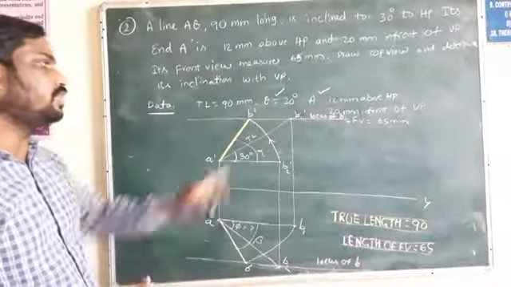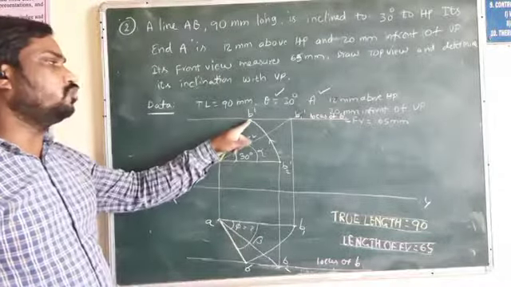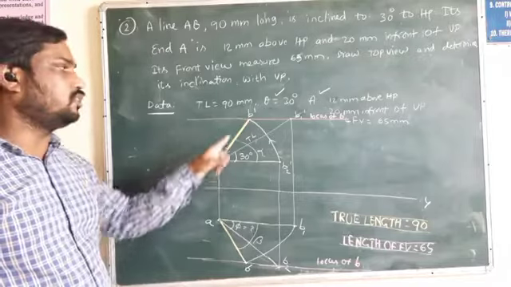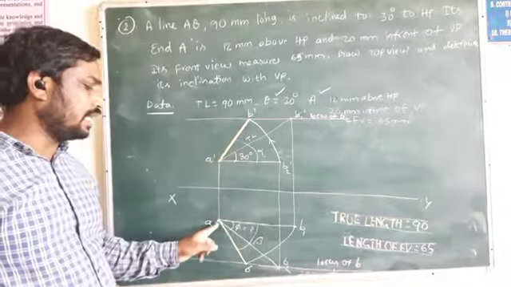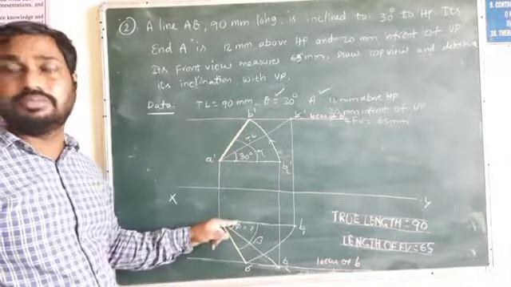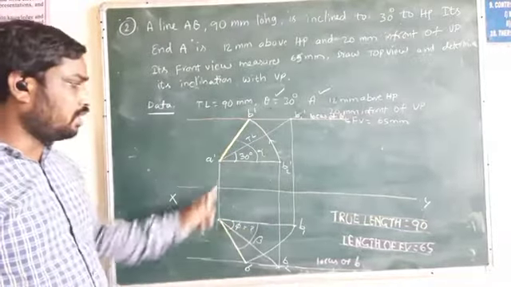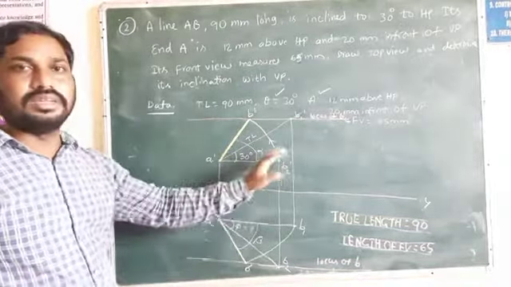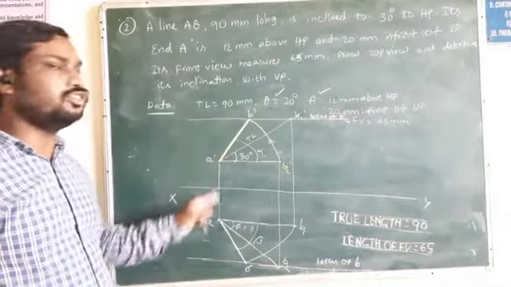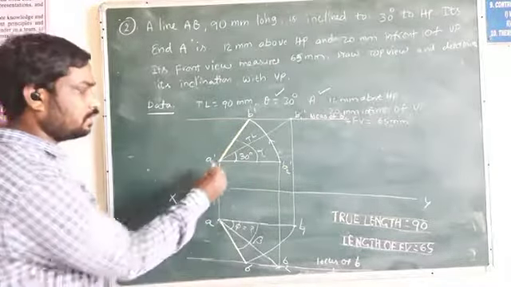Finally, we will get the final pattern, the final top view. These two are very dark lines. These two are A dash and B dash, and A, B. The final pattern, final top view, those two are dark lines. The remaining lines are very thin lines. These are projector lines, and projector lines should always be very thin. The points should be dark.